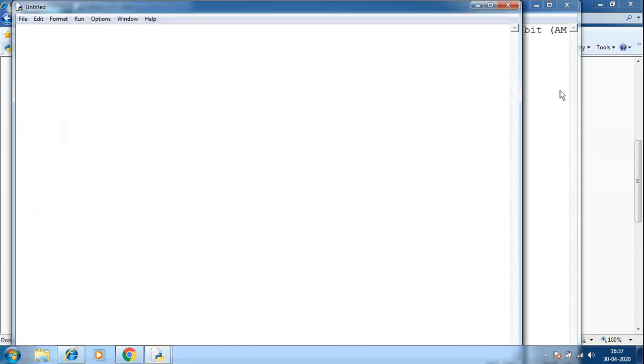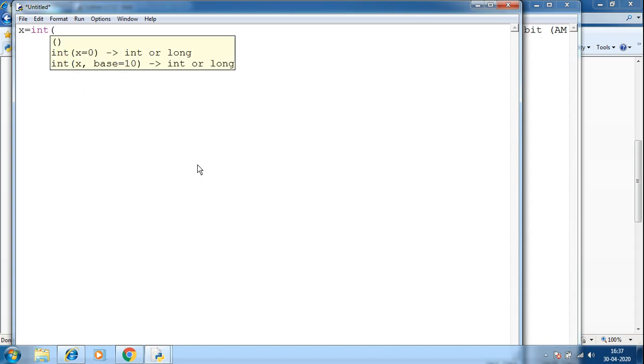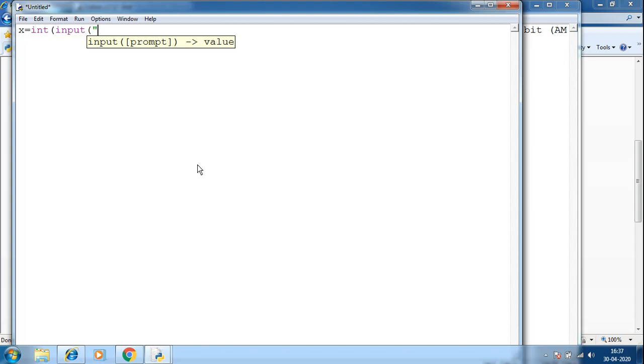This is the interface provided where you can type lines of Python code and it will be executed. Output can be seen at the Python shell. So let us try. Let us accept two numbers again, but from the user. Enter first number